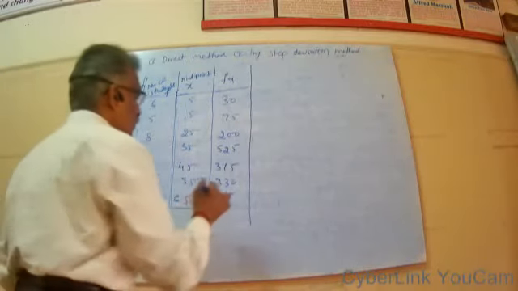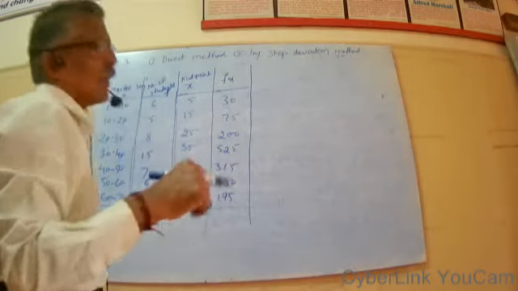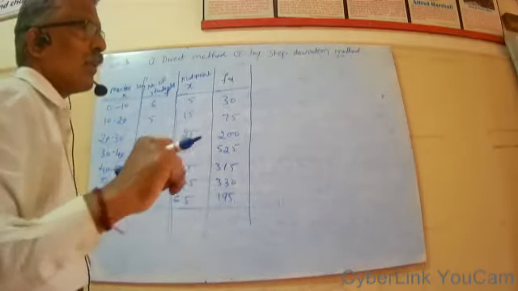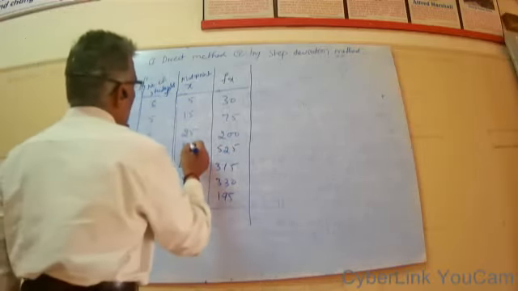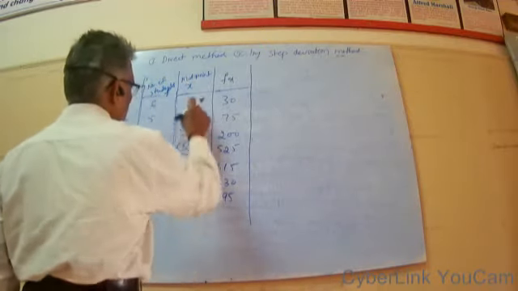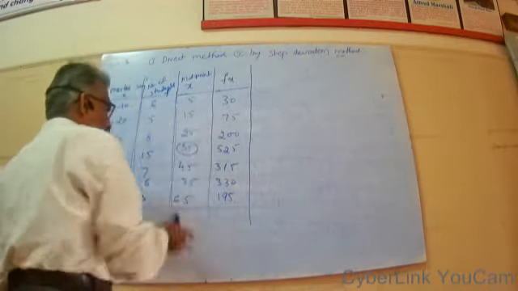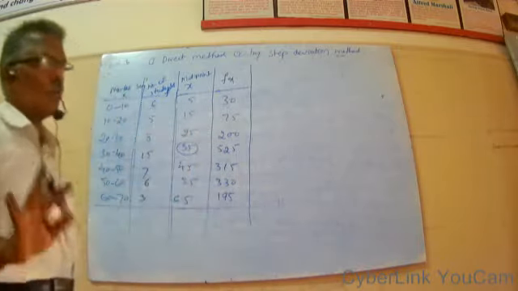For that we have to do one more step, that is you have to choose first an arbitrary number. As I said earlier, normally we choose the middle number. Here this is the middle number. See, 1 2 3, 1 2 3, this is the middle number. Sometimes an even number of classes occurs. You have to take either this number or this number, and you can do that.